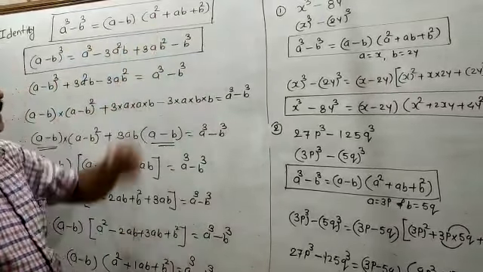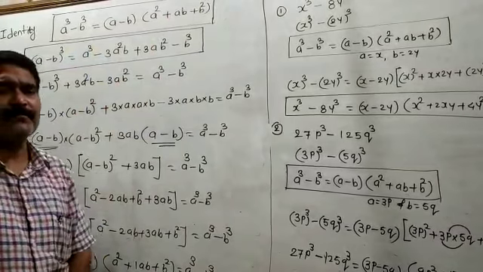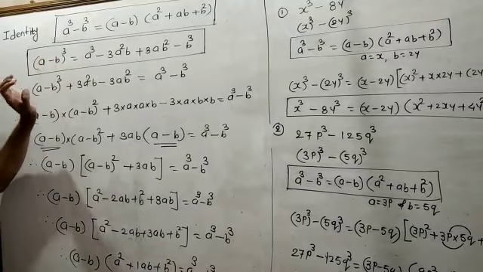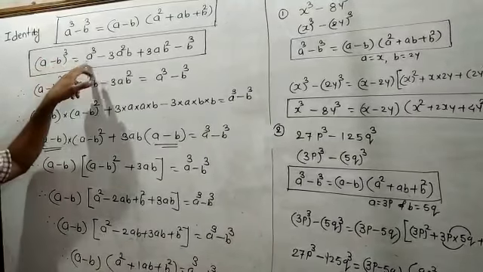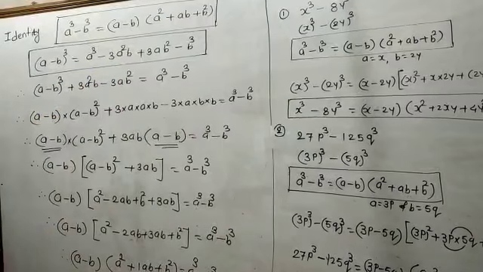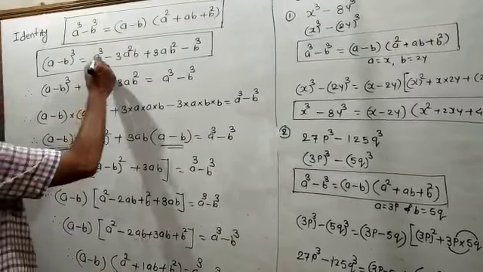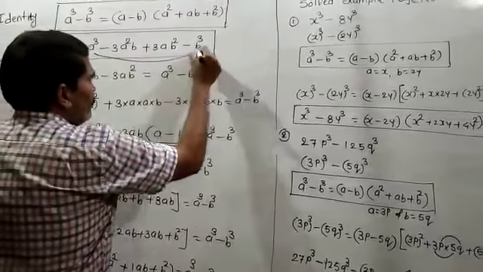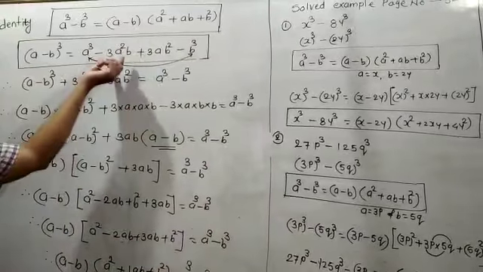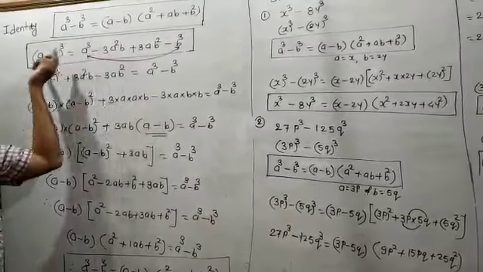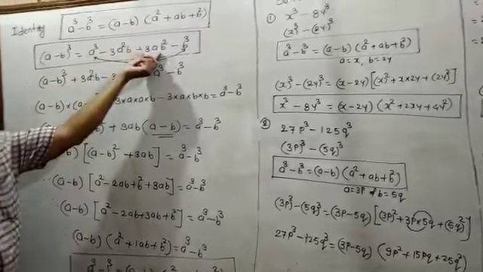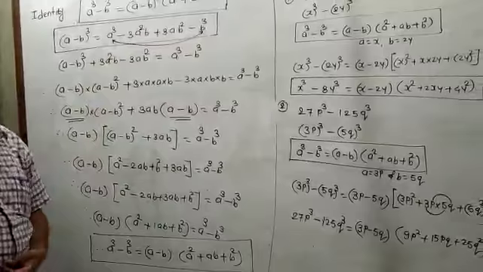If you want to prove this identity, you have to utilize the identity a plus b bracket cube. This is the standard identity. We proved this identity. A minus b bracket cube is equal to a cube minus 3a square b plus 3ab square minus b cube. So you have to make the identity for a cube minus b cube. You have to keep this a cube minus b cube on the right side. Only you have to shift this 3a square b that side. Minus 3a square b becomes plus 3a square b, and plus 3ab square becomes minus 3ab square.